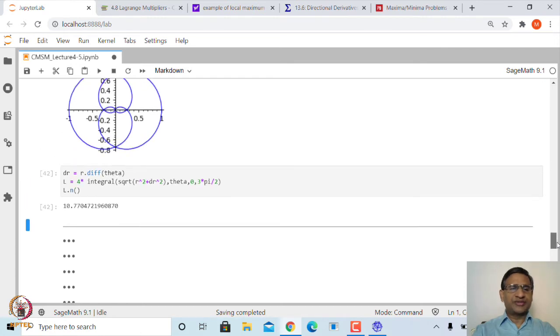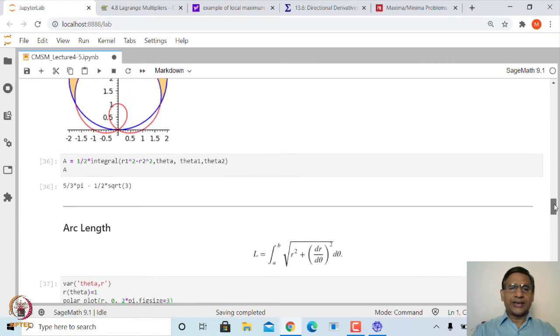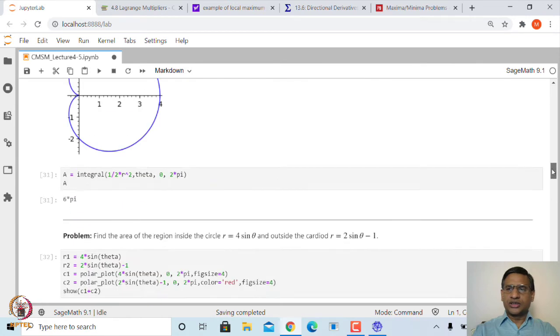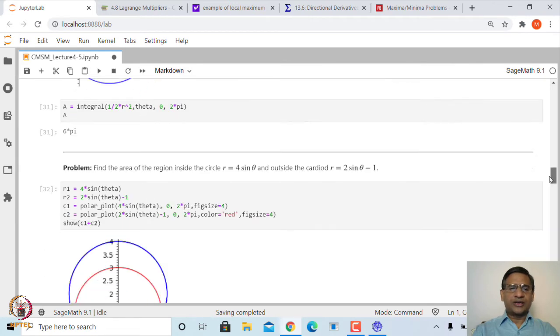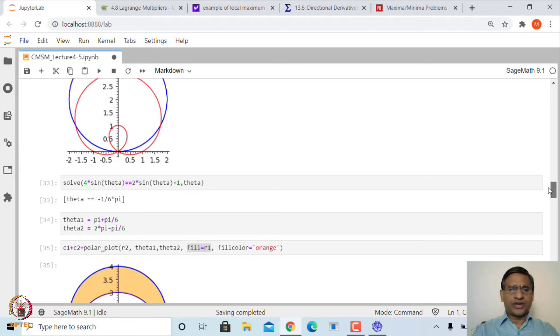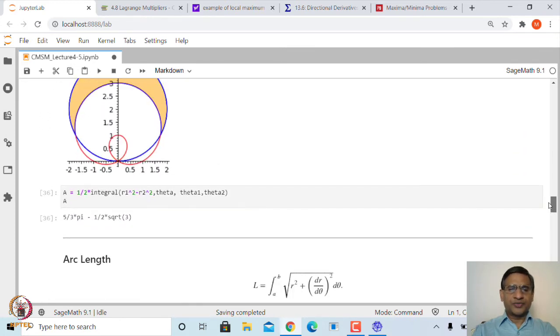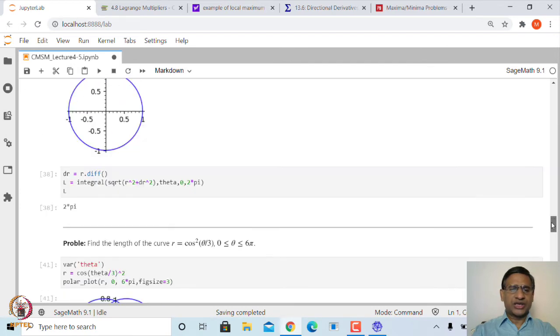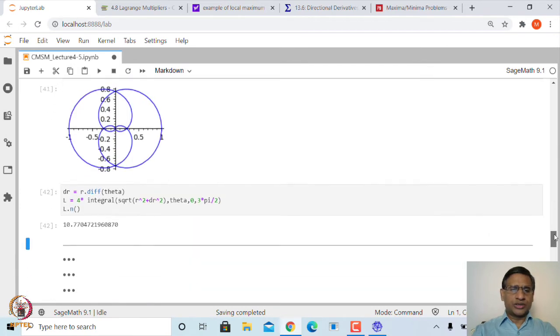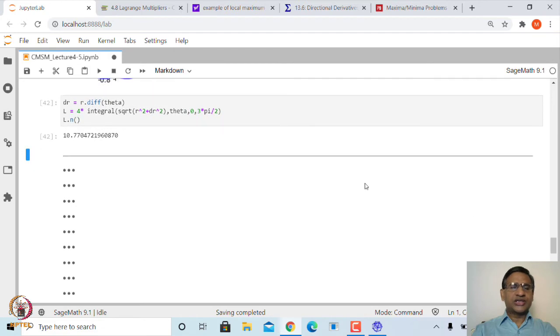It is 10.7704, right. So, this is how you can find the arc length of a polar curve, and similarly you can also define the surface of revolution of a curve defined by polar coordinates, and try to find out the surface area and other things, etc. Right. Next, let us look at